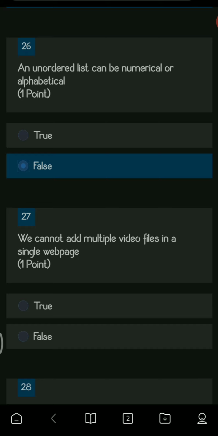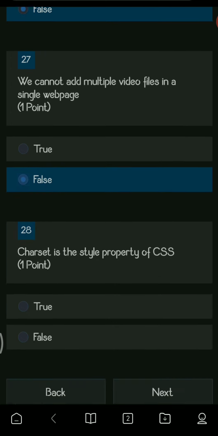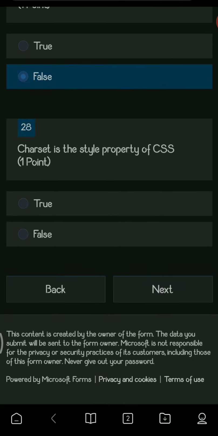It does not have 1, 2, 3, 4 or ABC. Next question. We cannot add multiple video files in a single web page. So this is false. We can add multiple video files. Next question. Charset is the style property of CSS. This is false. It is not the style property of CSS.